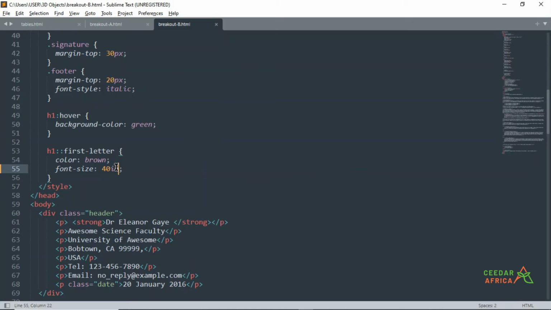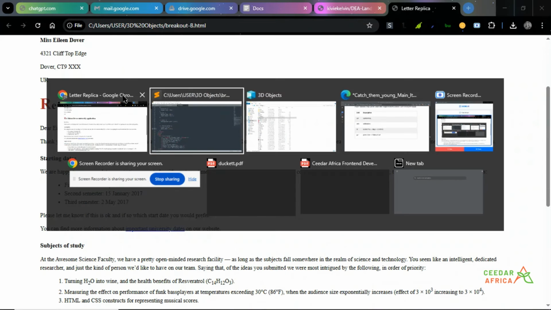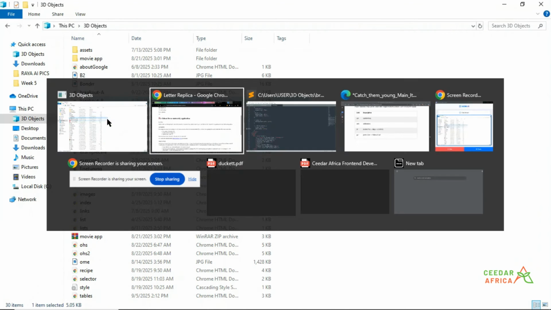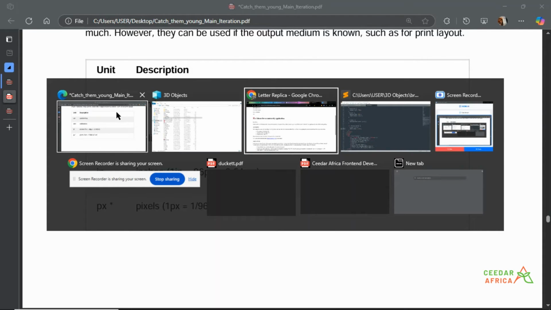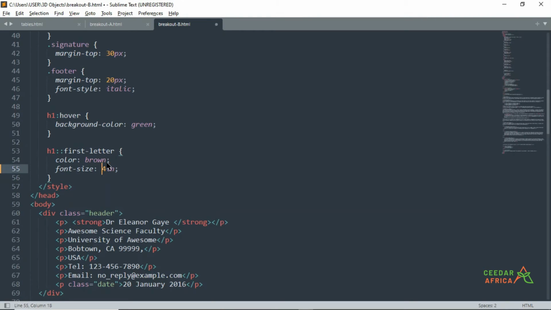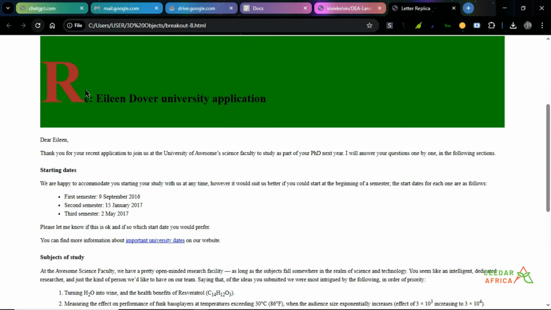So let me change it to 0.4 and refresh. Okay, yeah, this is way better. So you see it also works, but it's way easier to work with px. Let me try centimeter. I think for centimeter we can use 4 centimeter. Okay, see,